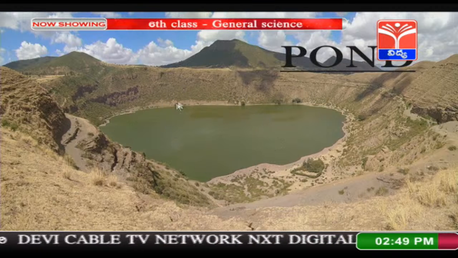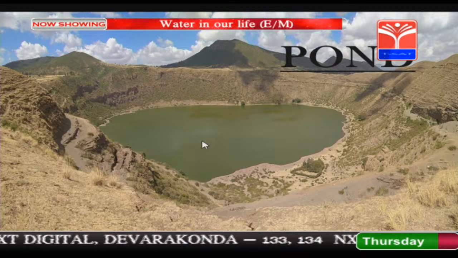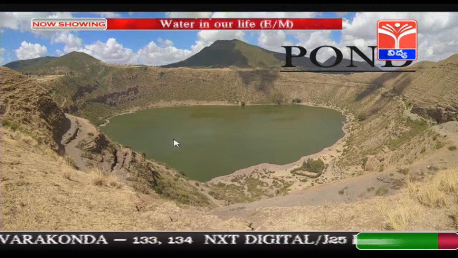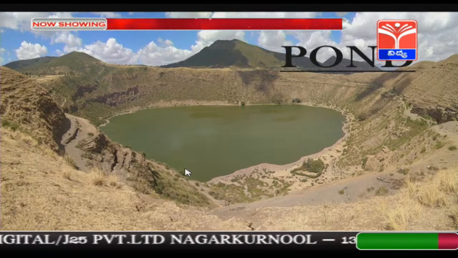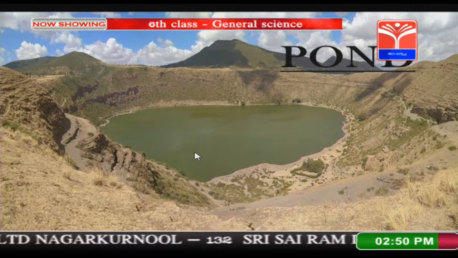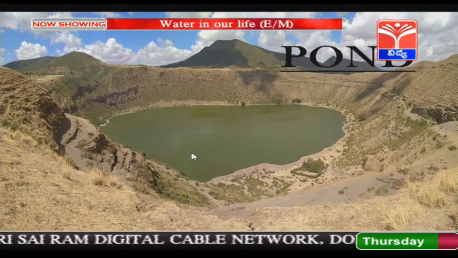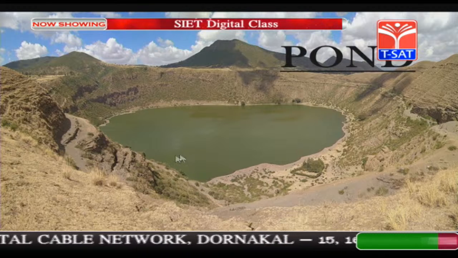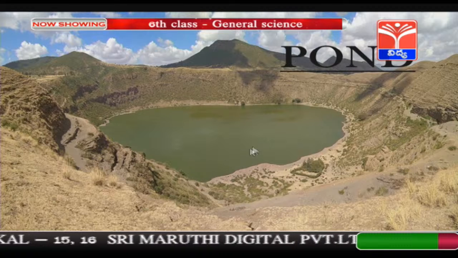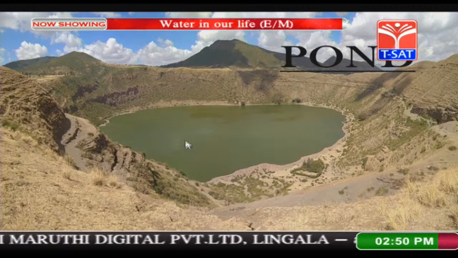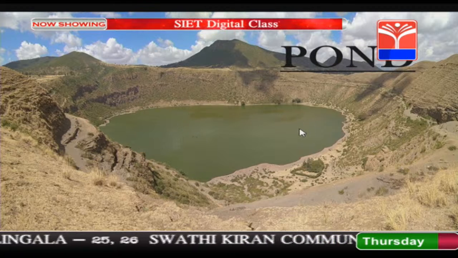You can see a pond which is filled with water. Here the water is stored in a pit, isn't it, children? In this pond you see some fishes, crabs, frogs or some insects getting water, and you also see some animals. Whenever they feel thirsty they come to the pond and drink water. So, the rain water is helpful in filling these ponds.